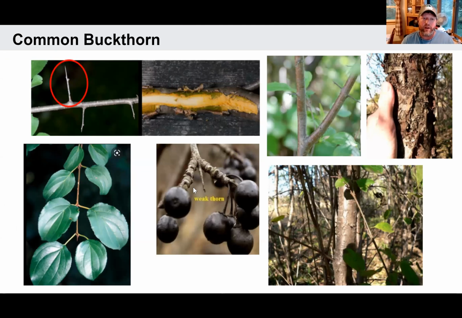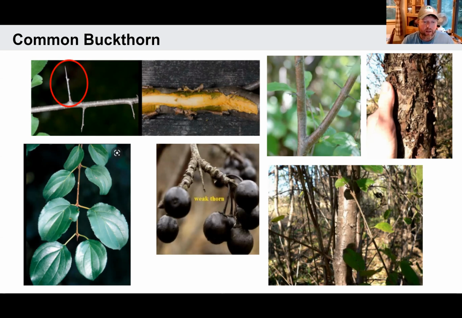And common buckthorn, here's an example of a dead twig that's basically just a thorn at this point. A good trick to tell the difference between, I think it's buckthorn and cherry, is to scrape the bark, and you definitely get this kind of yellowish tinge just underneath the bark on a common and glossy buckthorn. You can see a larger stem of the common buckthorn looking kind of flaky like a prune or cherry